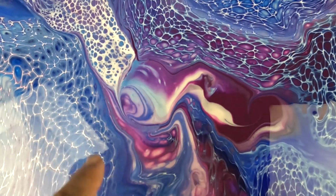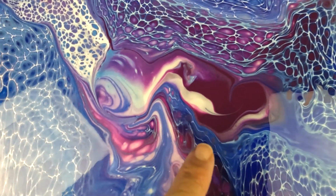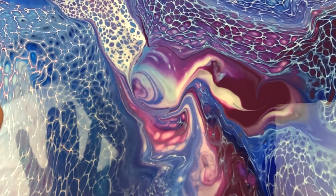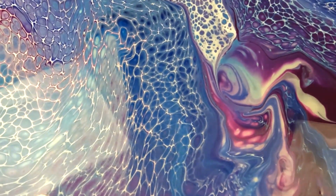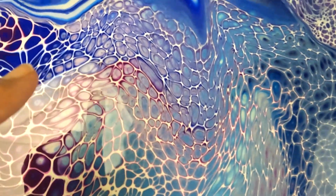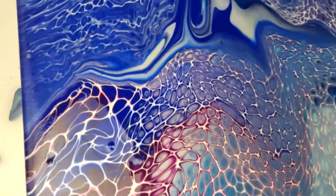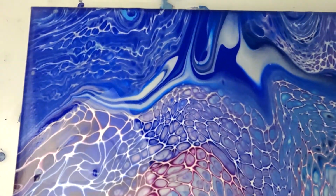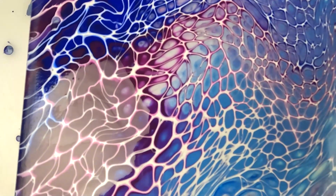This is going to be interesting. This has got the iridescent white through it. It's very different. It's not the lacing. We've got some sharp lines through here. The lacing continues, and I'd say there's some iridescent white going through here and up here as well, and then some really bold